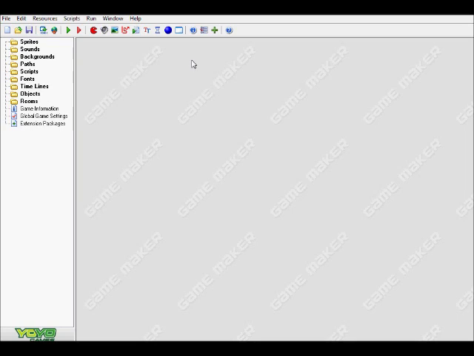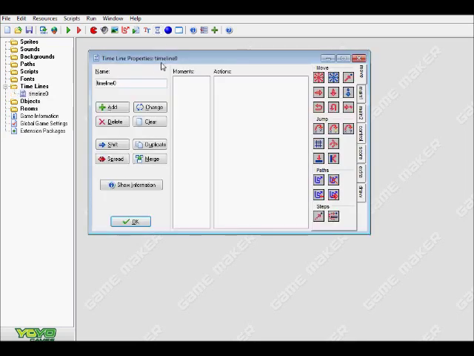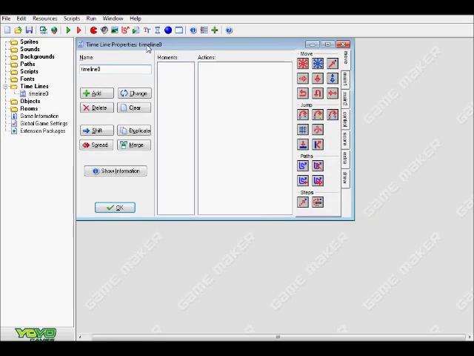Alright, to do this tutorial today, we're going to be using timelines, and for those of you who are unfamiliar or new to the program in Game Maker, timelines are basically like clocks, I guess, in that when the hand hits a certain number on the clock, a certain event is going to happen. So, for instance, I'm going to firstly rename this timeline cutscene, and you don't have to do this, but I like to do it for organization's sake,